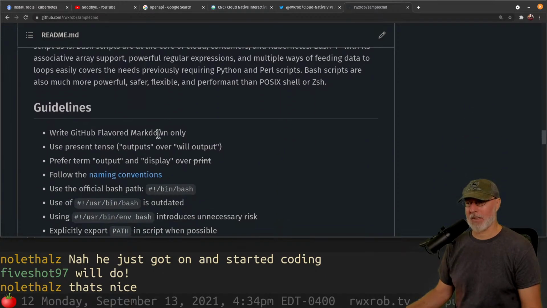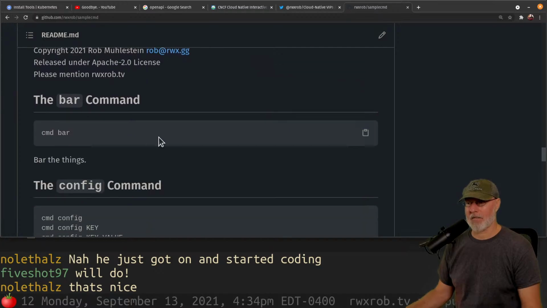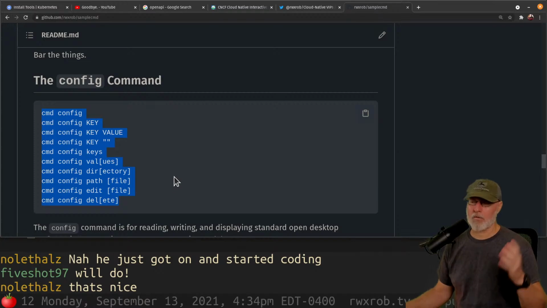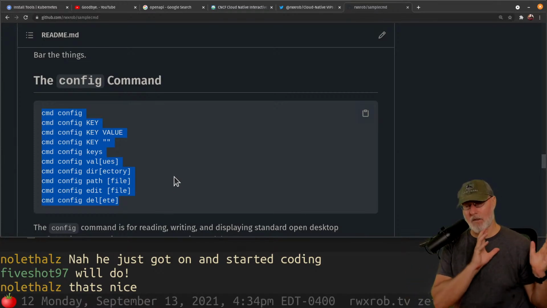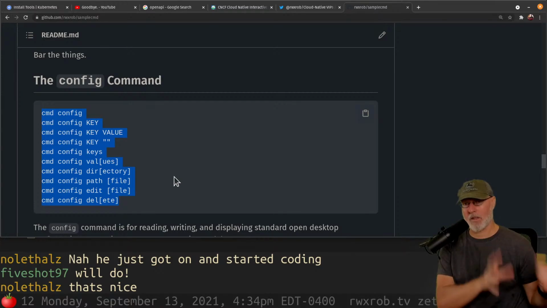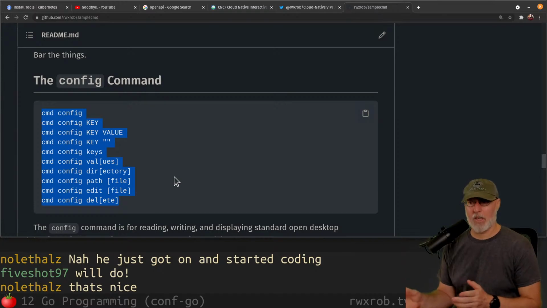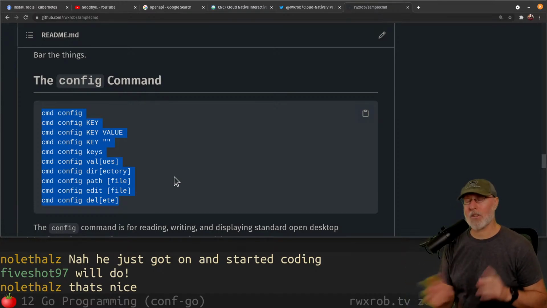So justifications, guidelines, legal bar, and anything. The reason I'm showing this off, even though I'm in the bash template and not Go, is because I want to add this exact functionality to the conf-go library. I'm porting functions and functionality from one language and saying, I want to be able to do all of those same things in this other language. So I'm taking bash code and porting it to Go, which is a very common workflow because bash is designed to do rapid application development really quickly.